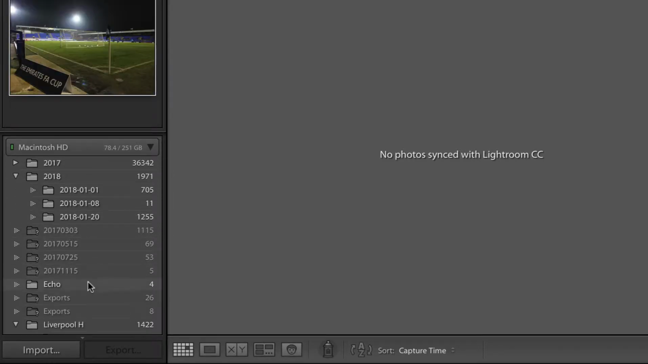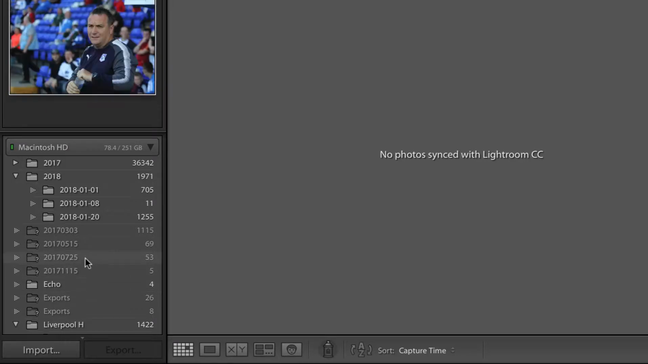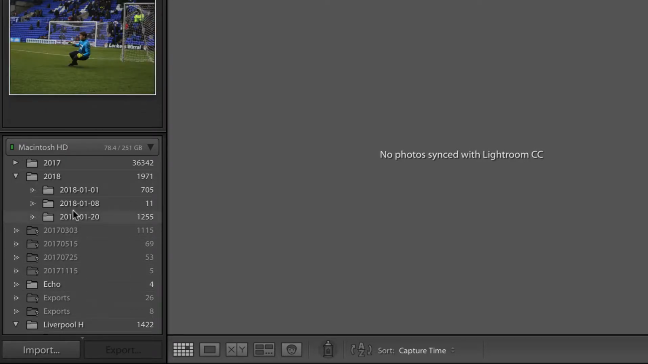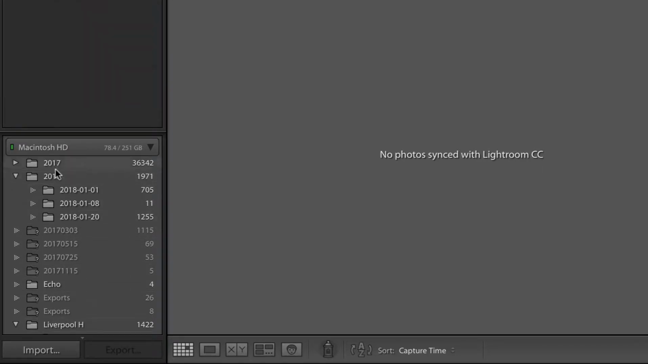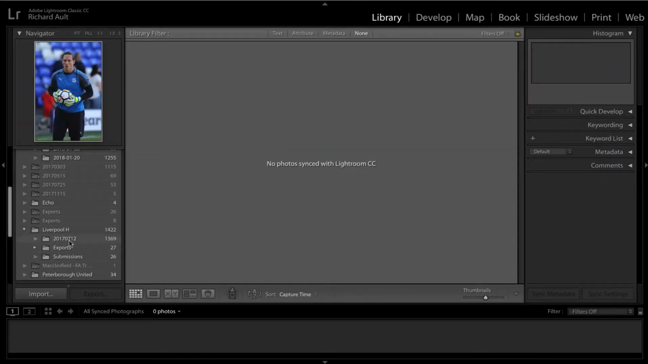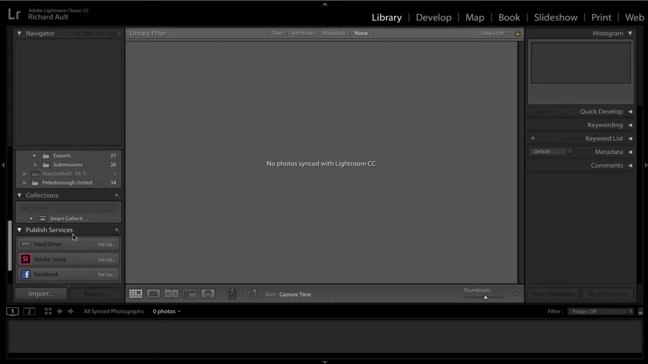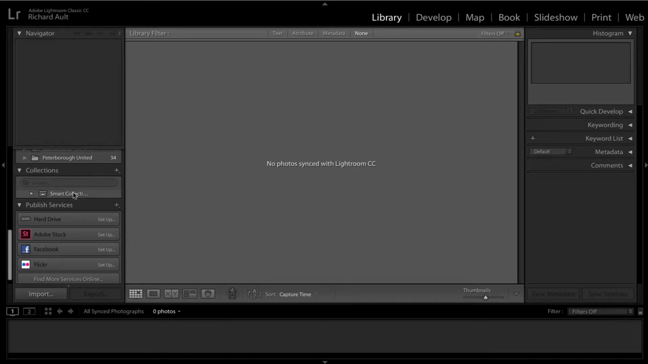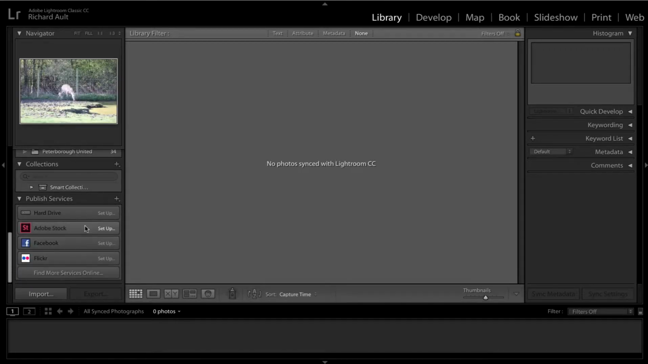So you see, if I click on some of these dates here, or just hover over them, you'll see that those photos, that preview thumbnail in the top left corner, changes according to the first file. Down the bottom we've got some more options around collections and publishing services. If you want to publish to Adobe Stock or Behance or any of those other services, you can do that